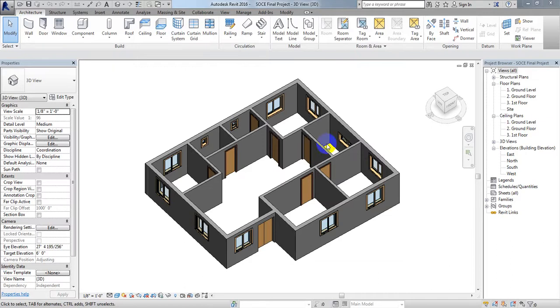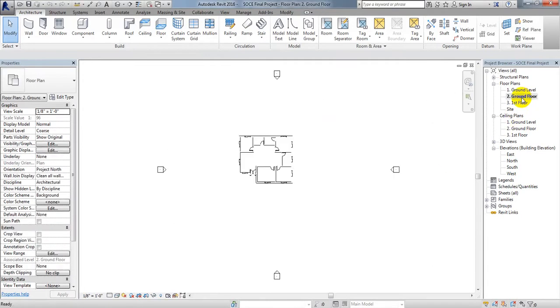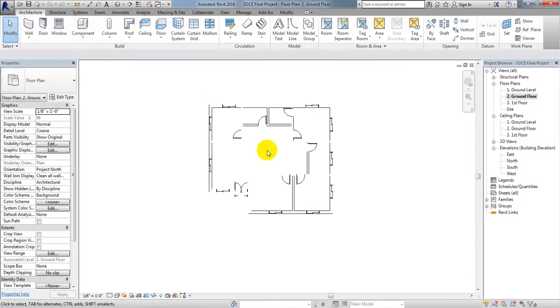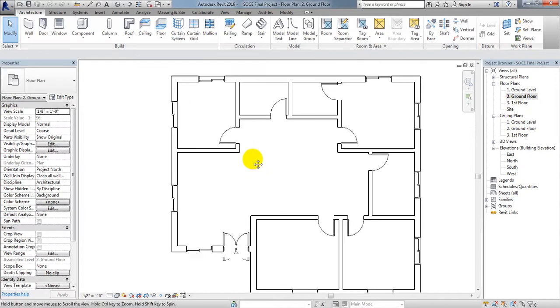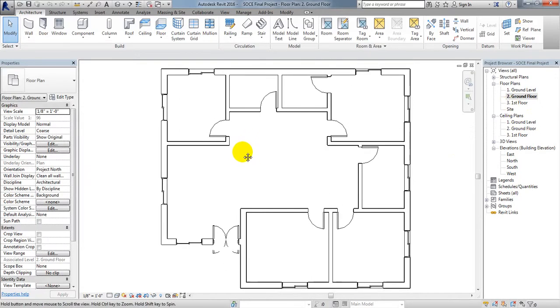Till our previous lecture, I have just completed till that. So in this lecture, I will show how we insert furniture or room accessories. So for that, I'll just go here, ground floor. Okay, so here this is the view of ground floor, right? Now what I'll do actually,